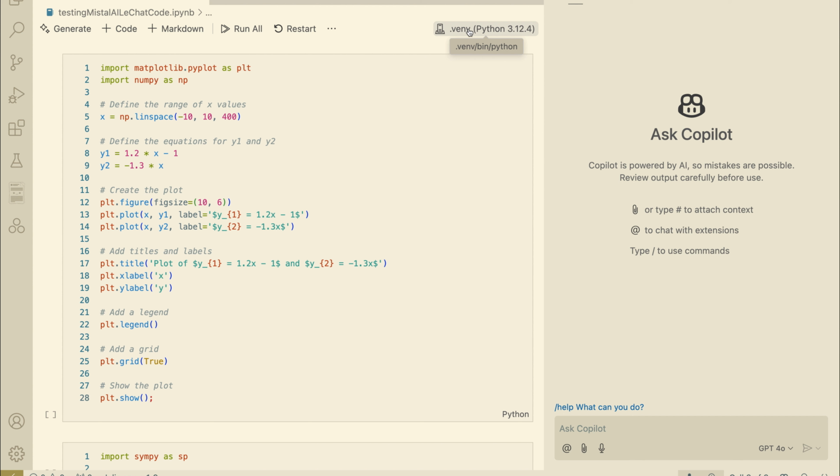I do not add any packages to my base installs of Python on any of my systems. And so I've created a new code cell. You just hover in between any of these cells, and you can add code. I've pasted the code that I received from the Mistral chat feature. That's just a plain copy and paste, and I'm going to run this section, and there's